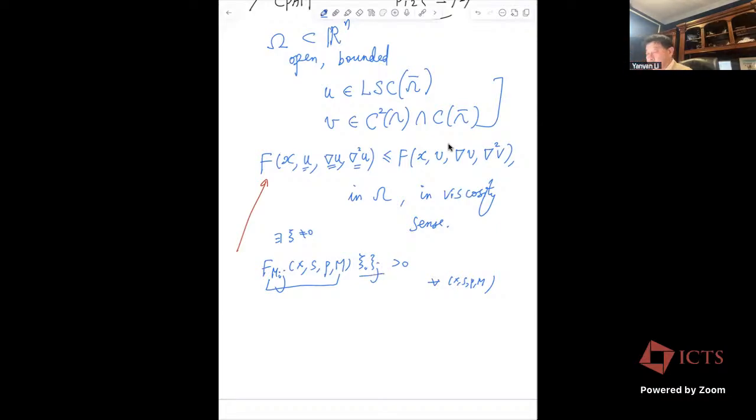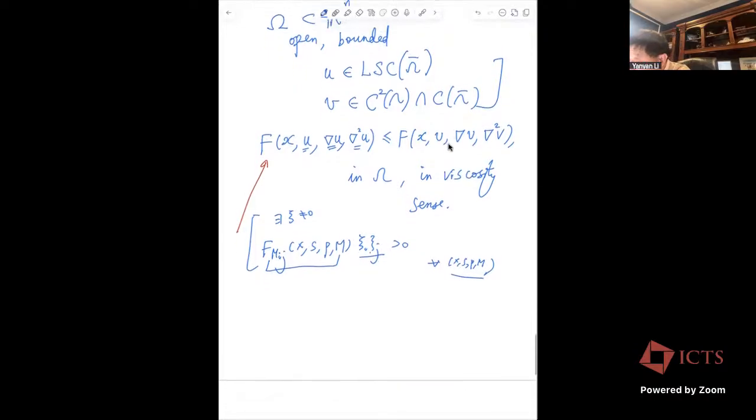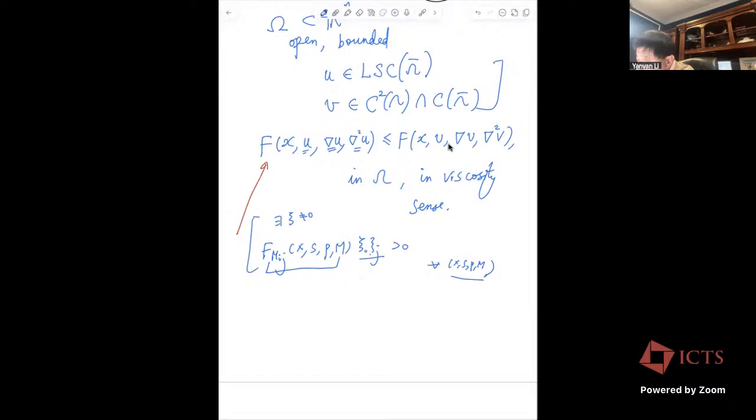There is a fixed direction, but of course ellipticity will give you this. For the argument to work, you only need a special fixed direction, but it should be independent of all the arguments. Okay. So now the theorem is